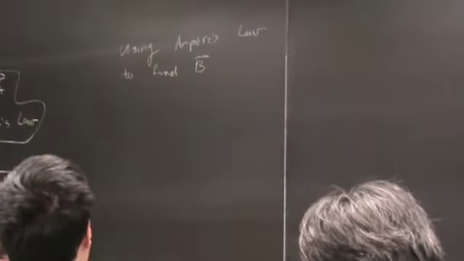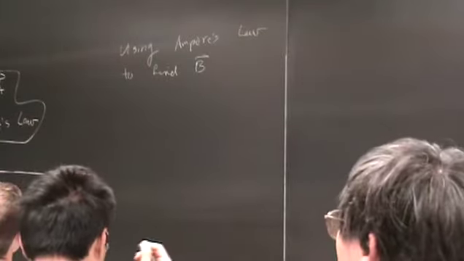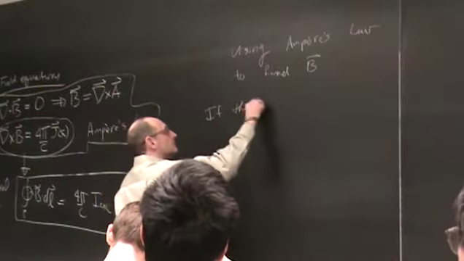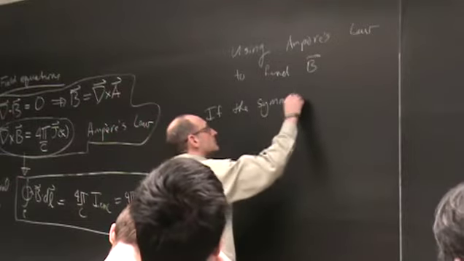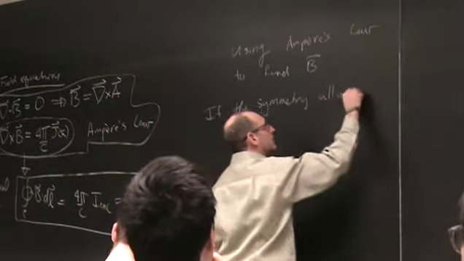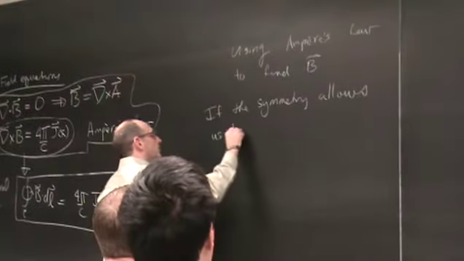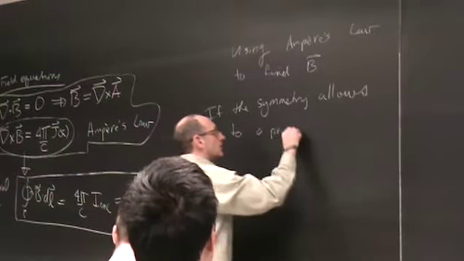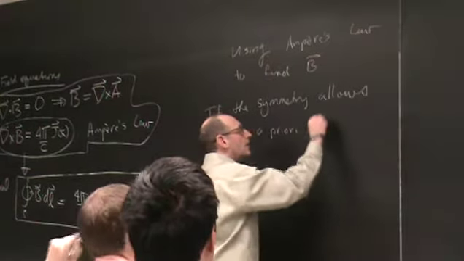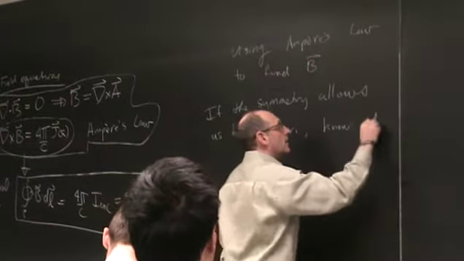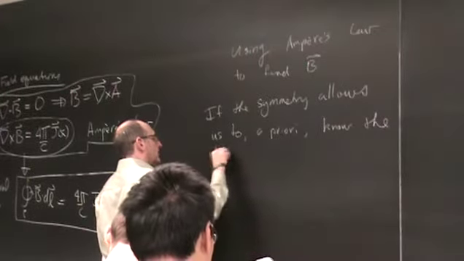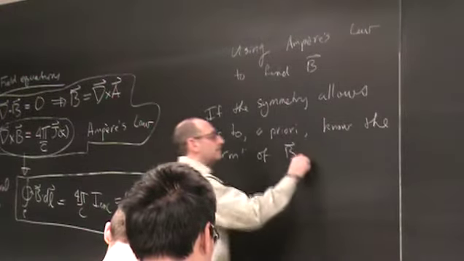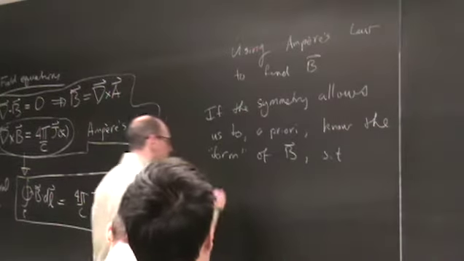The point is, if the symmetry allows us to a priori know the form of B, such that for a well-chosen contour,